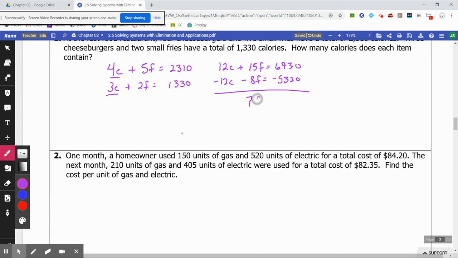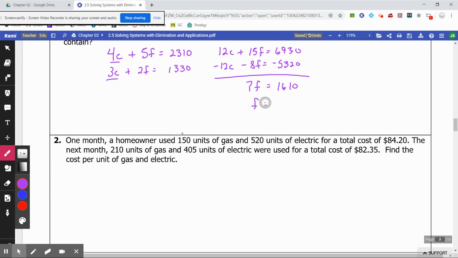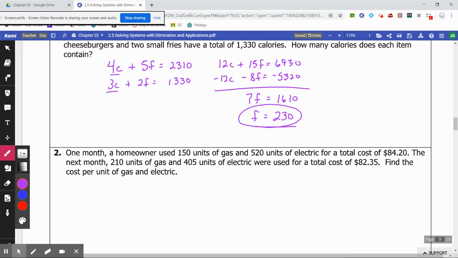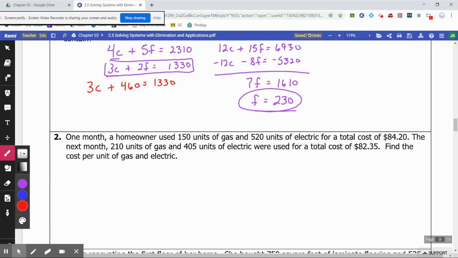15 minus 8 gives me 7 F's is equal to 6,930 minus 5,320, which gives you 1,610. When you divide by 7, it tells me that F is equal to 230. So that's the amount of calories in the fries. Going back and plugging it in, we have 3C plus 2 F's, 2 times 230 would be 460, is equal to 1,330. I'm not going to go through the steps, but subtract 460 and divide by 3, and you find out that C is equal to